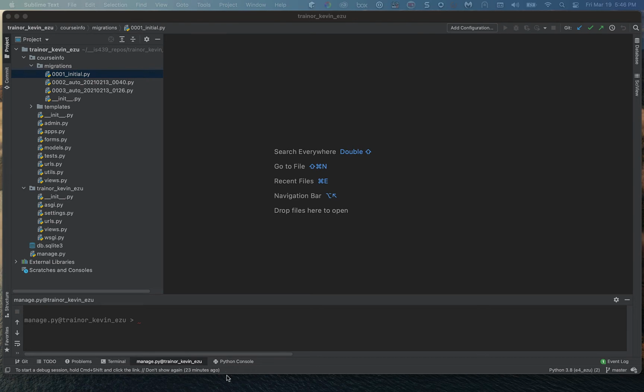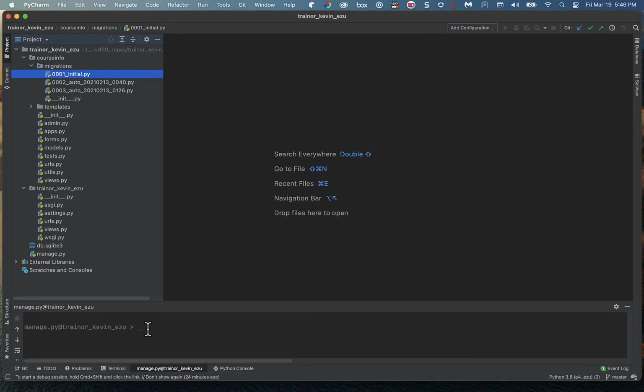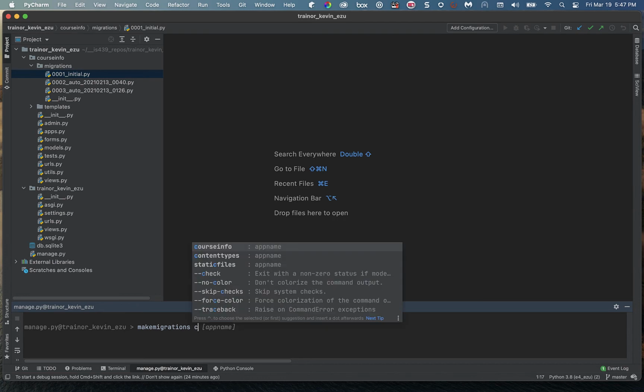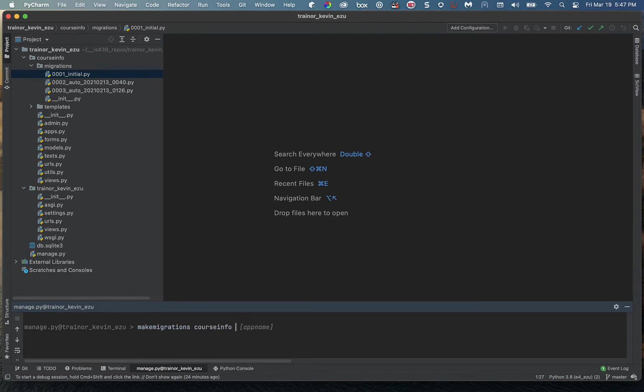Well, we use manage.py. So we're down here in manage.py, okay? And we want to generate another script. So here's how we can generate a script that is linked into the other ones, but is essentially empty of code. Okay, so we can type in makemigrations, and then a space, and then the name of our app, course info, space, and now we need to add two parameters. We need dash dash and then the word empty. That's what says don't put any code into it, I'm going to fill it in myself, and then a space,